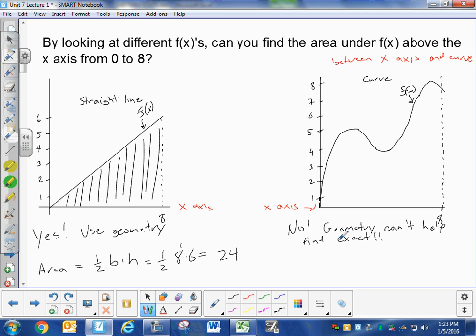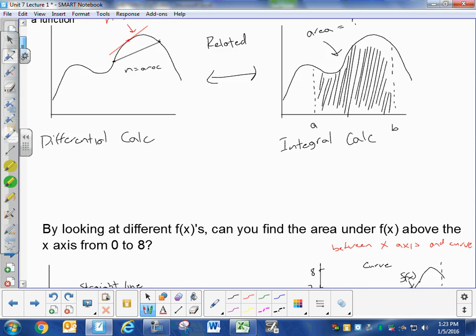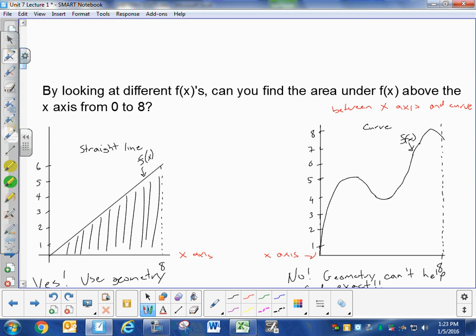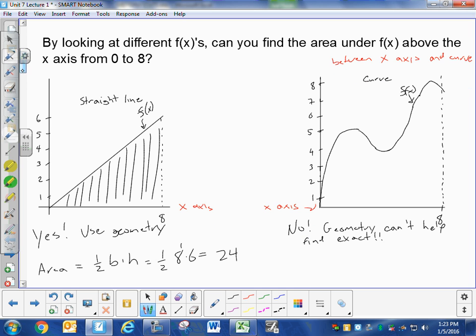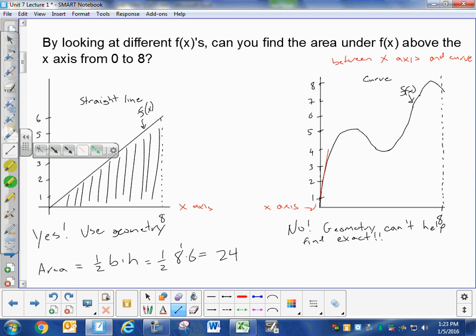But what we're going to do today is we're going to use our knowledge of geometry, and instead of worrying about the answer to problem number 2 above, instead of finding this exact area, we're going to say, forget about finding the exact area. Let's just approximate the area. Okay? And how can we approximate it? Well, I can use geometric shapes placed on the function or around the function, like a triangle, like a rectangle,